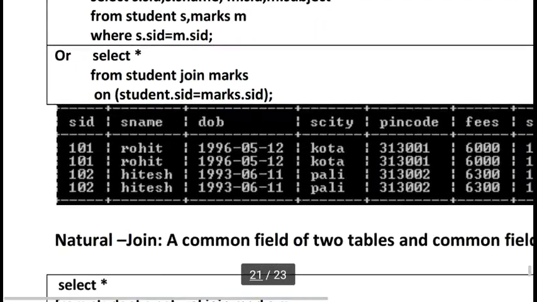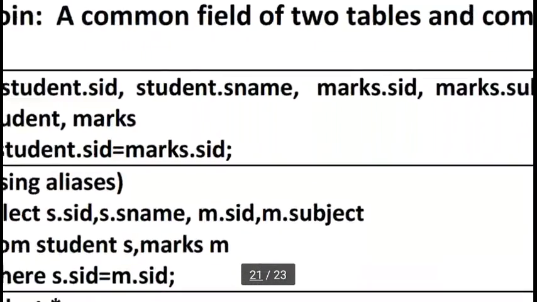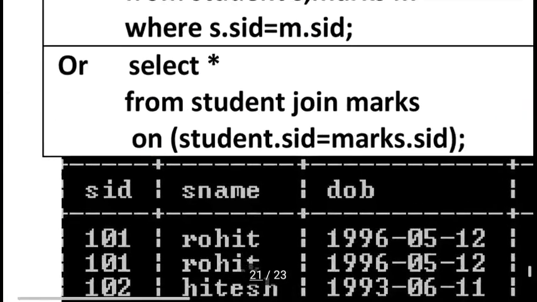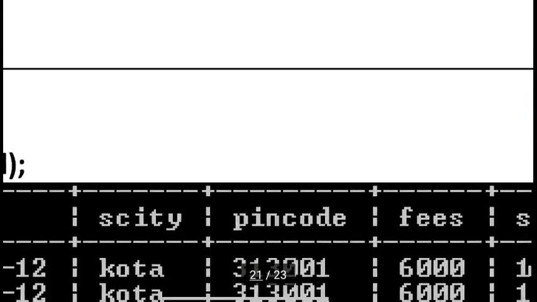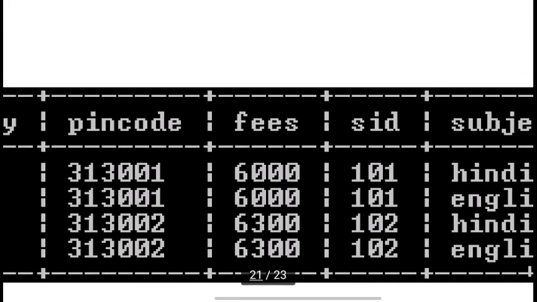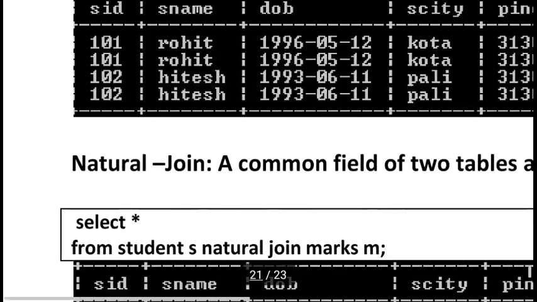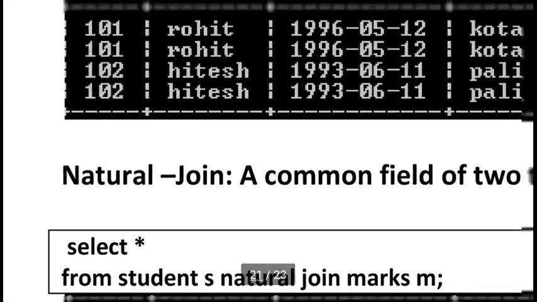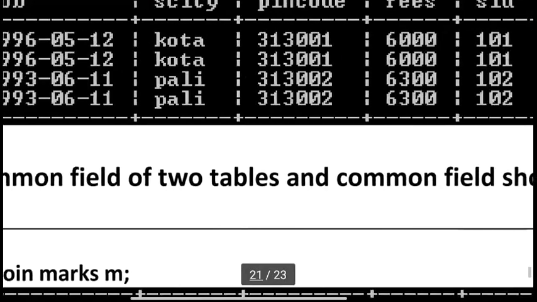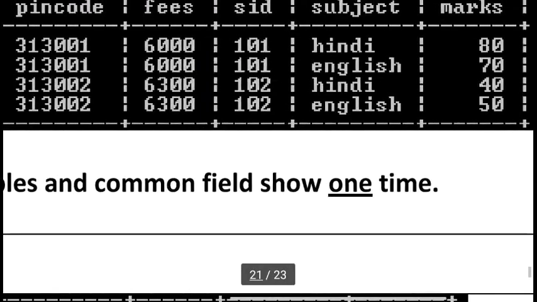Here equi-join has one problem. Student.sid and marks.sid, we can see the repetition of the column two times, but we can avoid this repetition with the help of natural join. A common field of two tables shows only one time.